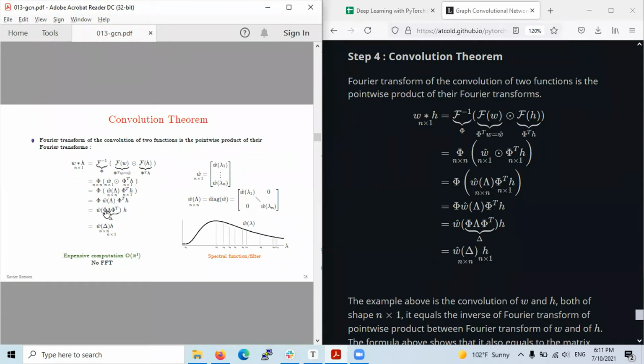These two expressions are really important. We really have to understand them, as they are the basis of whatever we discuss in the later slides. Especially this particular expression, wherein the Laplacian is factorized into its eigenvalue matrix gamma, and the eigenvectors corresponding to those eigenvalues, phi and phi transpose.